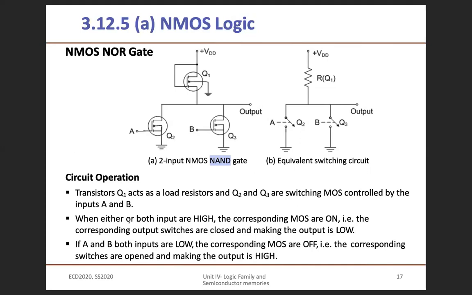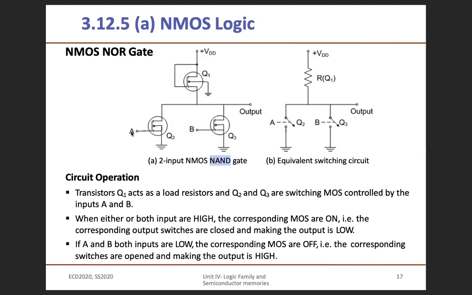Now there is the circuit operation explanation. If I explain briefly, you have 3 transistors, Q1, Q2 and Q3, and you have supply voltage VDD, the output is taken over here, and inputs A and B. The concept you should know is that your NMOS transistor turns on, or is driven to the saturation region, that is the working region, only if the input at the base of the transistor is high.